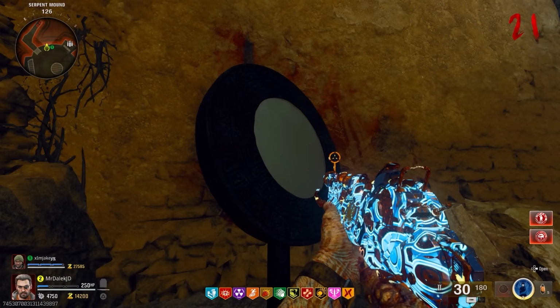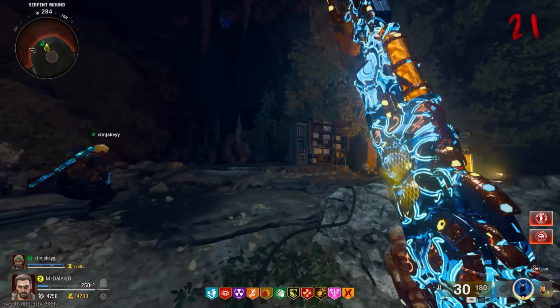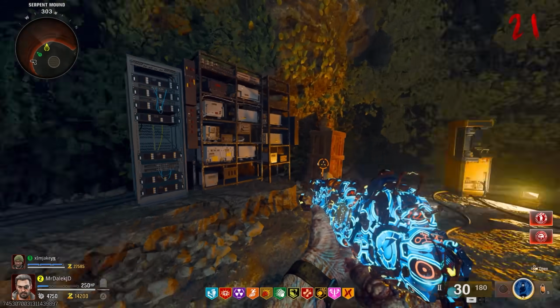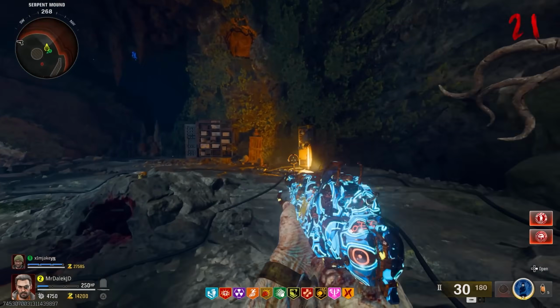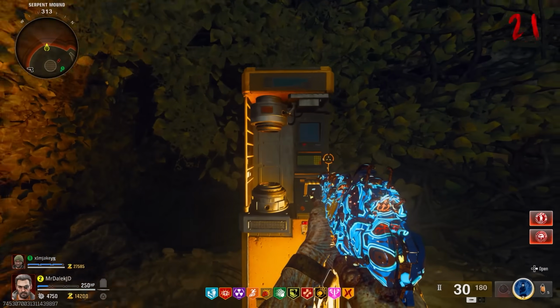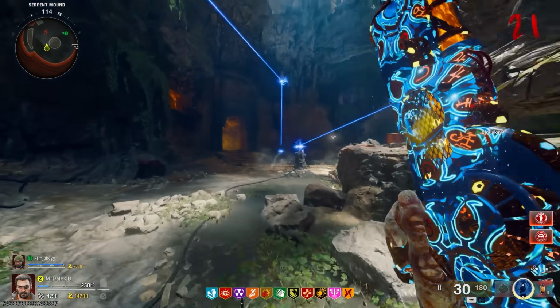on 2 poles. One can be found just to the right of where you first enter, and if you run all the way across the room, just to the left of where you'd place the canister is going to be the second pole, which will allow you to place another refractor. You'll then want to go ahead and place the canister into this machine, and you'll now notice there will be